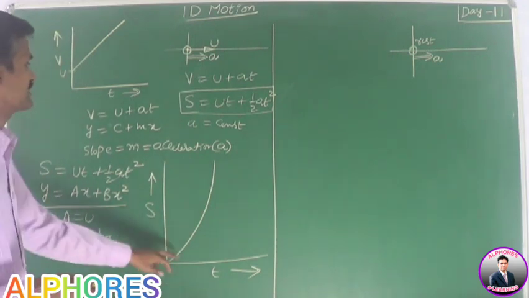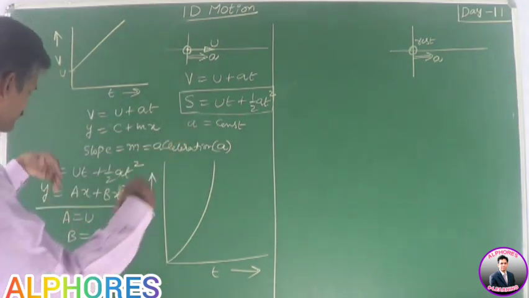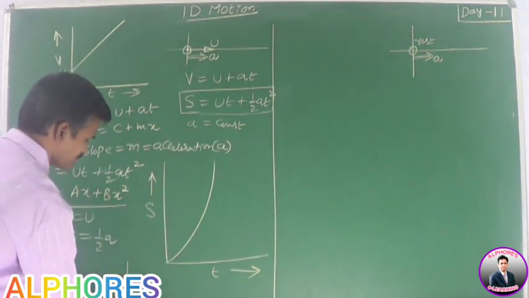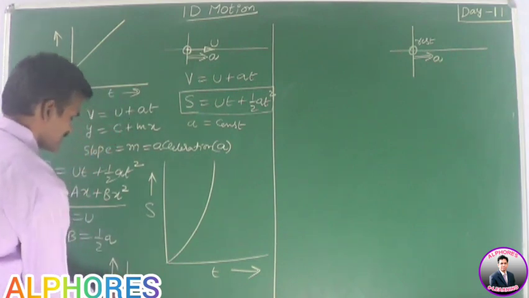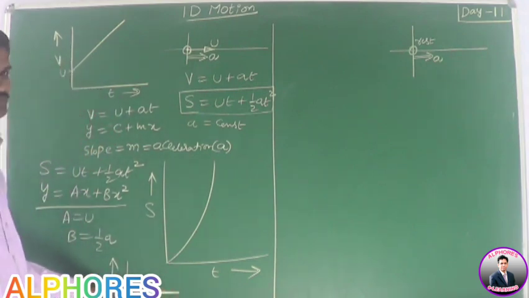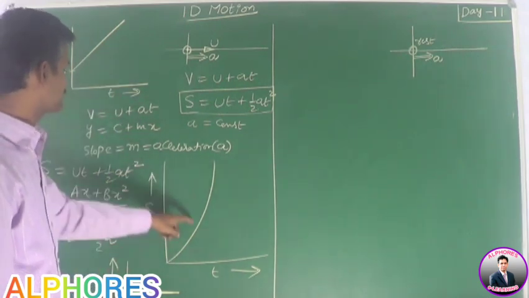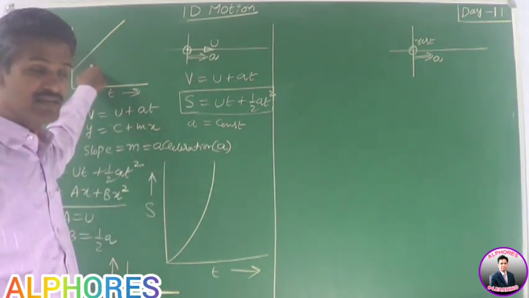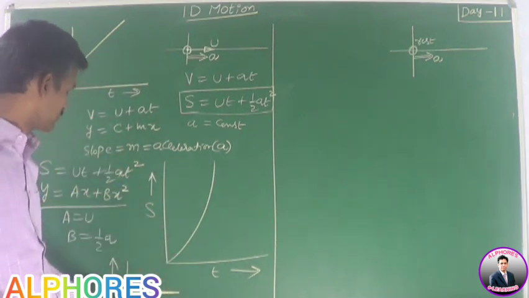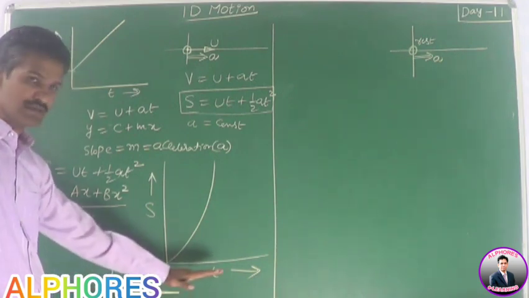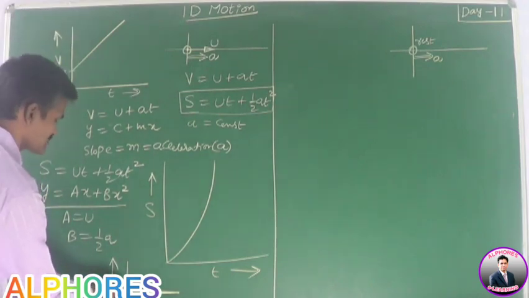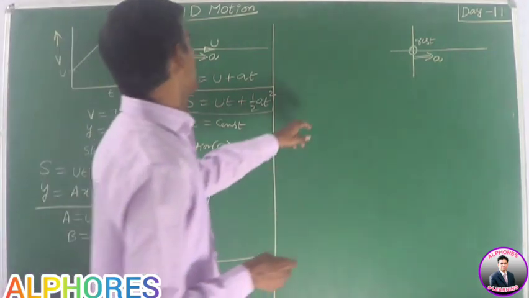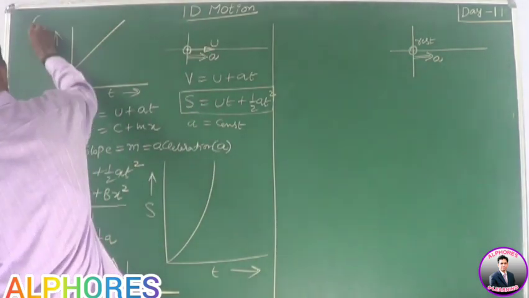Acceleration is constant. If you draw a graph for acceleration and time, suppose this is acceleration and this is time. This acceleration is constant, so this is the acceleration time graph. Here I drew three graphs: one related to velocity time, second displacement time, and third acceleration time. The acceleration time graph is parallel to the x-axis. This constant indicates a constant acceleration. Next, I am calling this case 1.